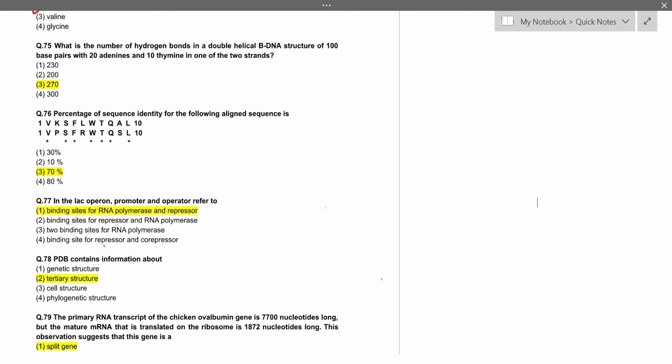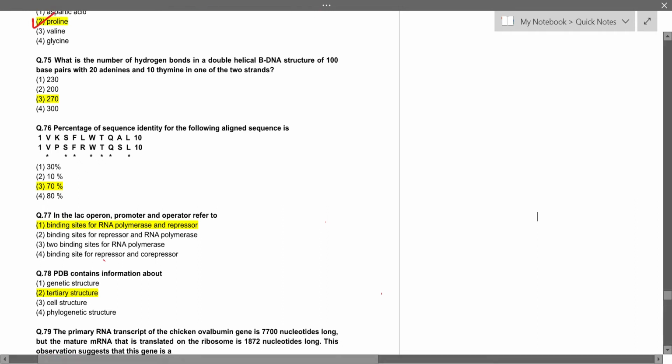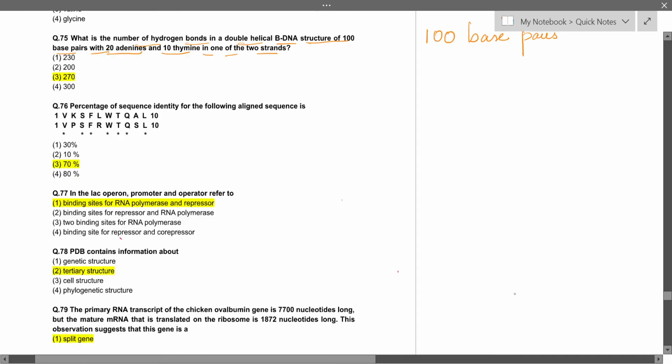Hello friends, so next question is what is the number of hydrogen bonds in the double helical B DNA structure of 100 base pairs between 20 adenine and 10 thymine in one of the two strands? Okay, so here it is given there are total 100 base pairs. Among the 100 base pairs they are 20 adenine and 10 thymine